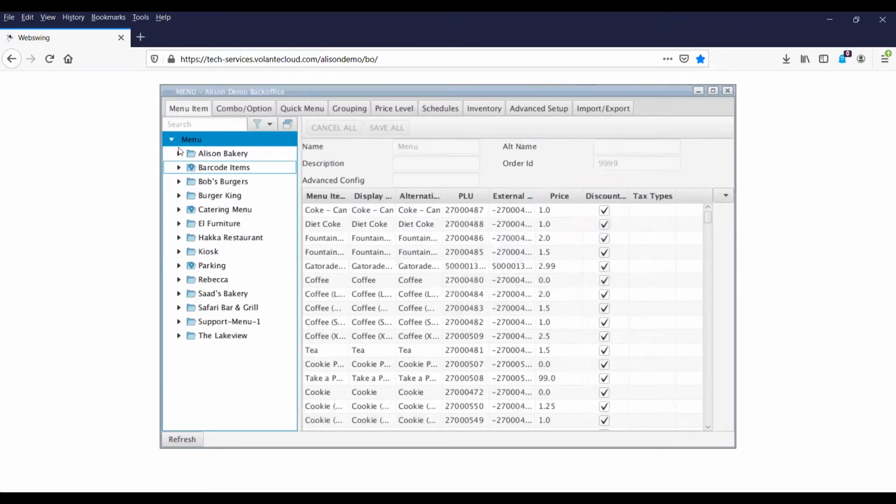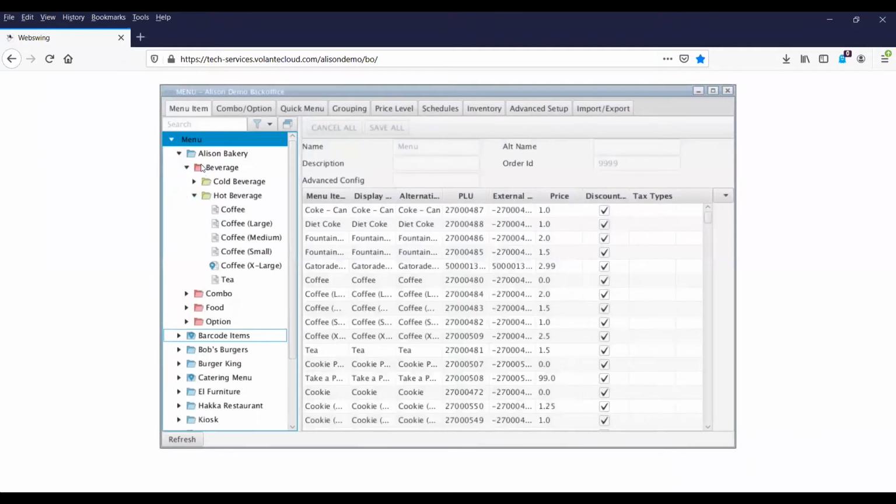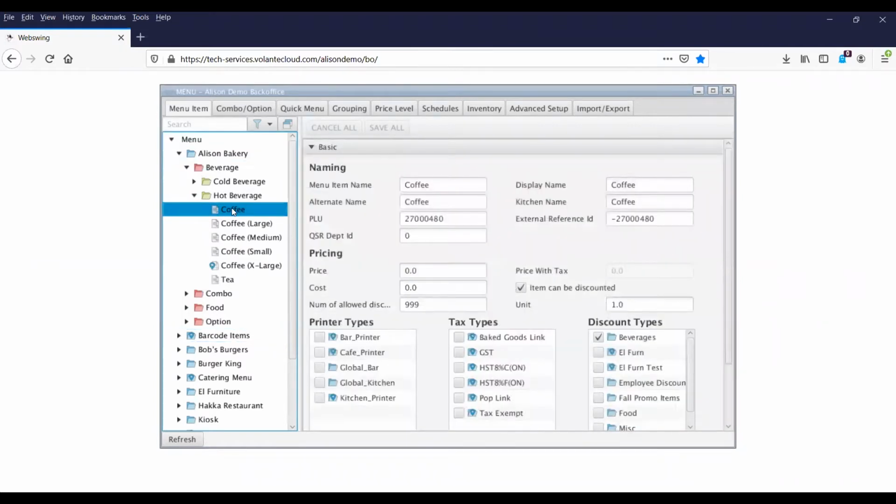This is where we will be setting up our items, starting from a division showing up as a blue folder, our groups appearing in red folders, our categories in yellow folders, and our individual items appearing with a document image beside them. Our items are set up with descriptions, tax types, prices, and additional setup configurations taking place on different